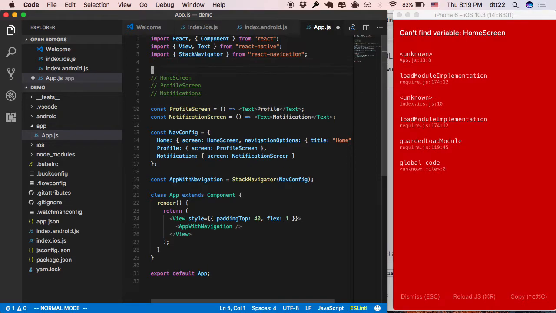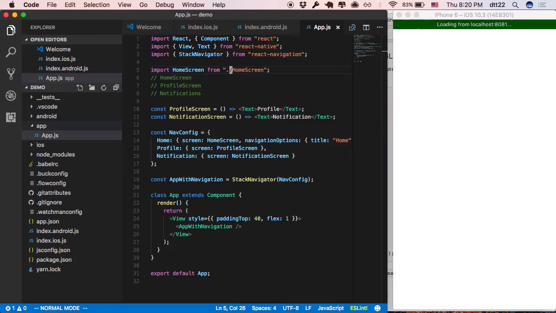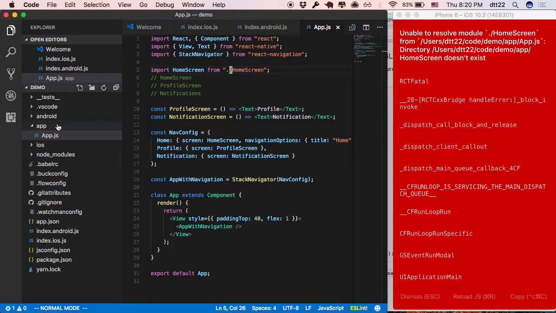What do? Import home screen from maybe, you know, app/screen/home screen, you know it? Right? That's how you structure your app. But for now, I'm just gonna keep like maybe this like that. And because I'm already in app, so there's no app anymore, so it's just home screen. Okay? So I need to create a home screen file in here. This guy,